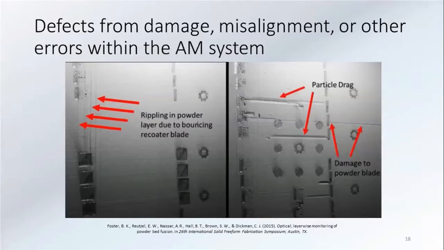Some more defects: you can see some more of these on the left, some of the rippling, and on the right, you can see streaks. One thing does impact the other thing. On the right build, one streak impacted another streak, which then caused another thing to flick and move, which then that particle got dragged and damaged the recoater blade. And so one error led to another error, which led to another error, and slowly spread across your whole